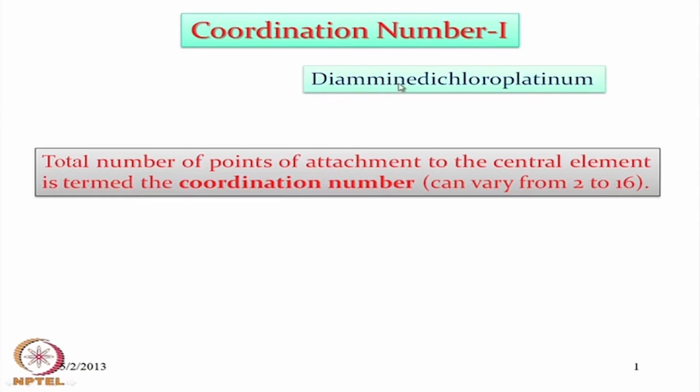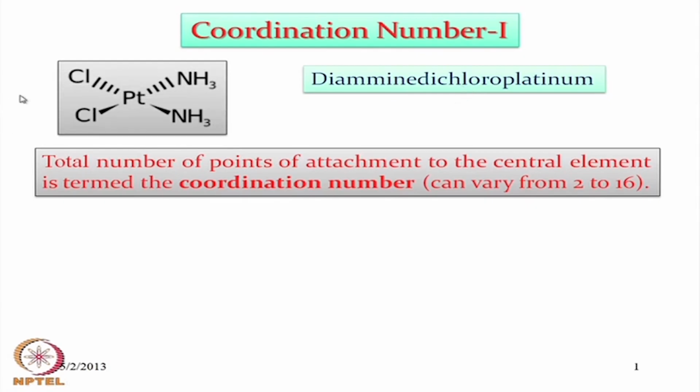We have 2 amine ligands and 2 chloro ligands. So we have these 2 chloro and 2 amine, and this particular molecule is in cis form. That means the 2 chlorine atoms are in the 90-degree position, they are not 180 degrees apart. So it is cis-diamminedichloroplatinum, and as the definition tells us, the total number of points of attachment